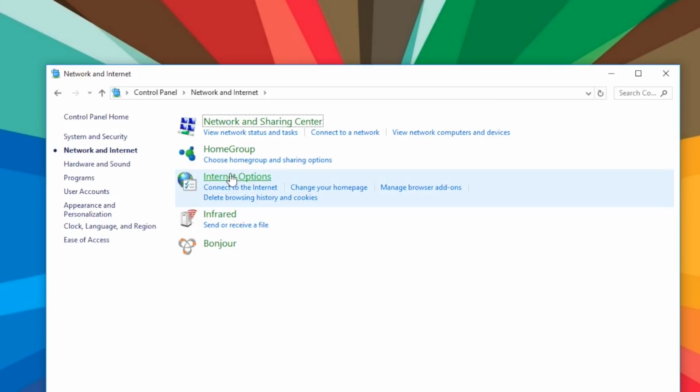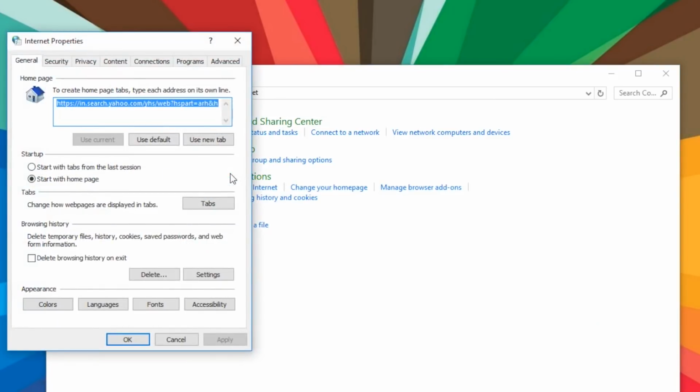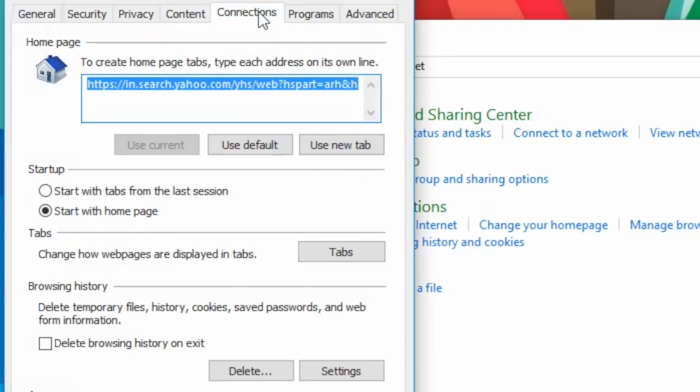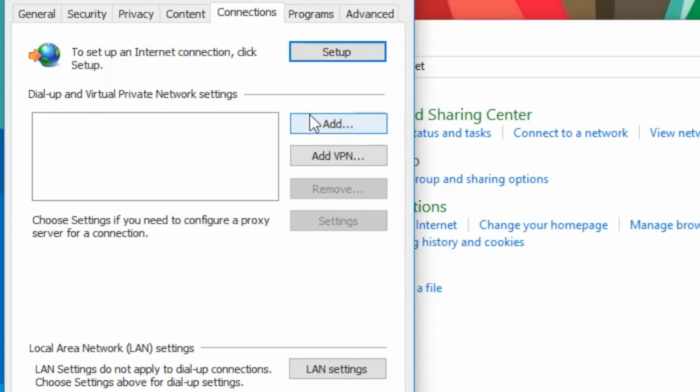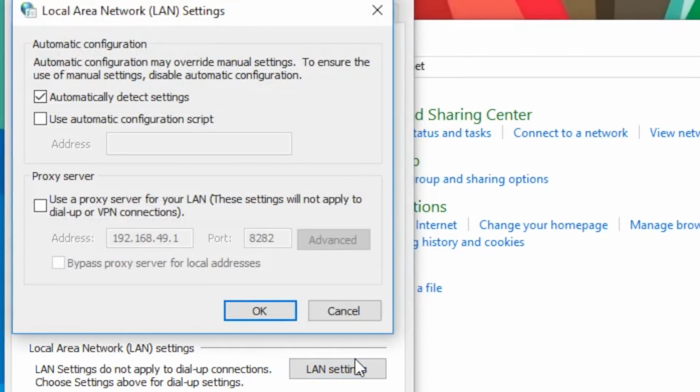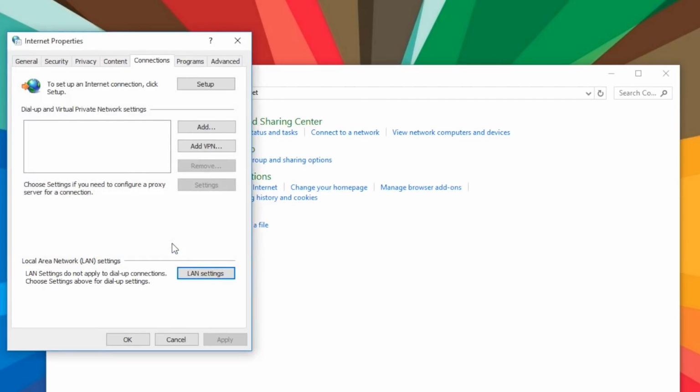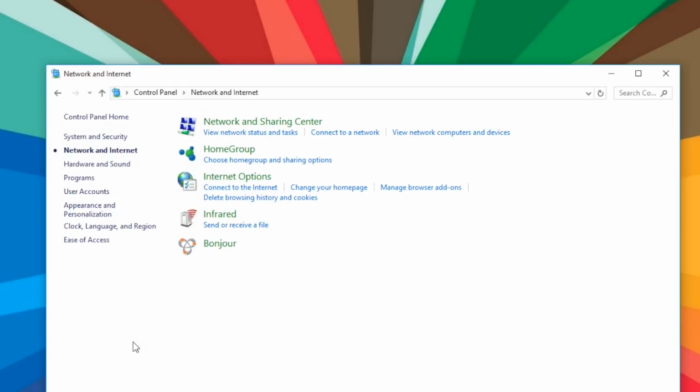Head over to the control panel, look for the internet option, next click on the connection tab and then click on LAN settings. There you will have to enter the proxy IP address and the port number. Now if you go to the browser, you will have full internet access. The speed that you will get here is the original speed of your Wi-Fi, and you will be able to use the internet on both devices at the same time.